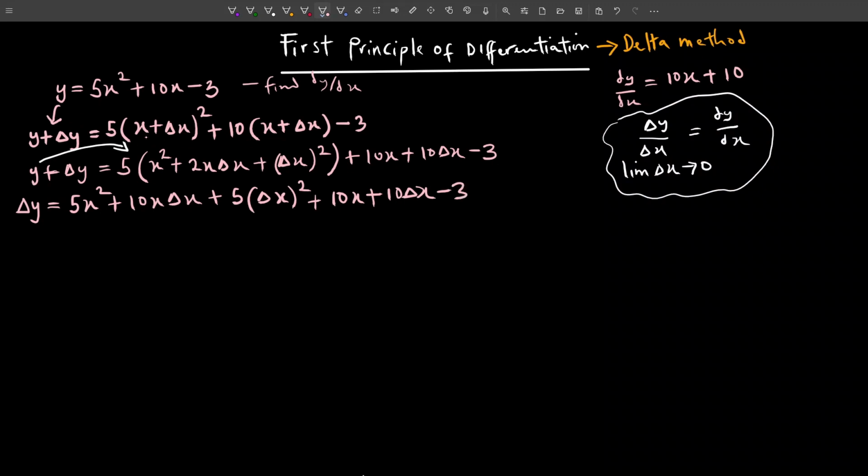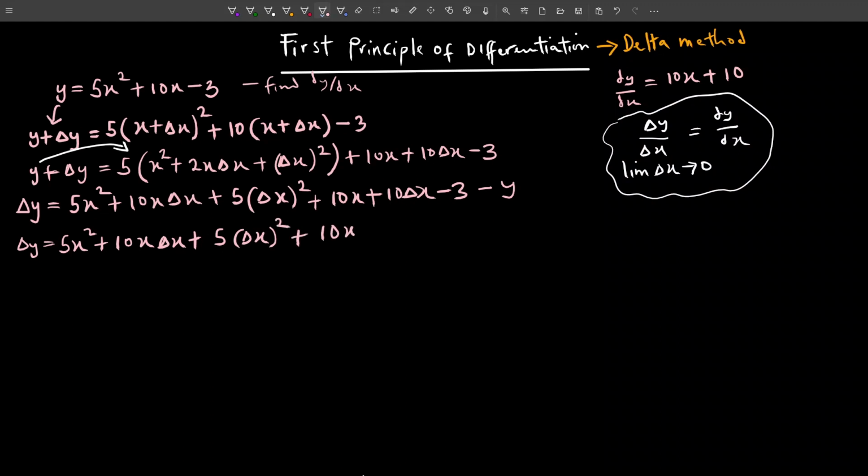Now y is coming over to this side, so it becomes minus y. Alright, so change in y will be equal to 5x squared plus 10x change in x plus 5 change in x squared